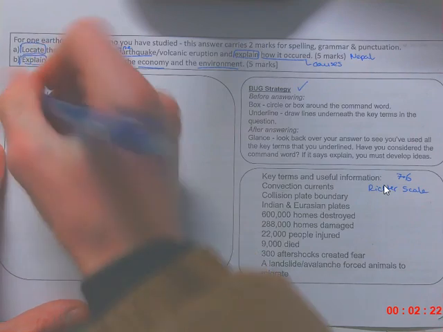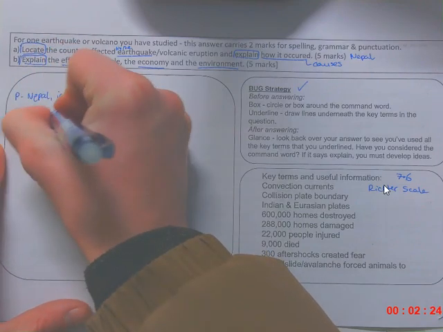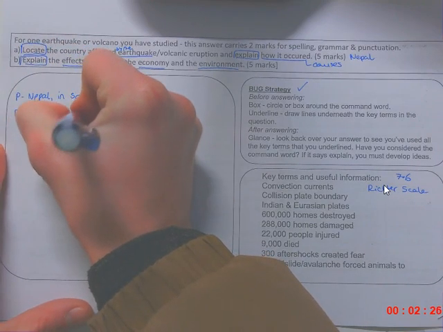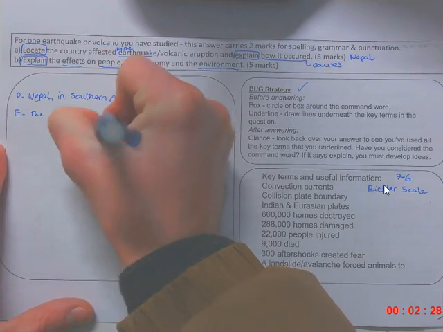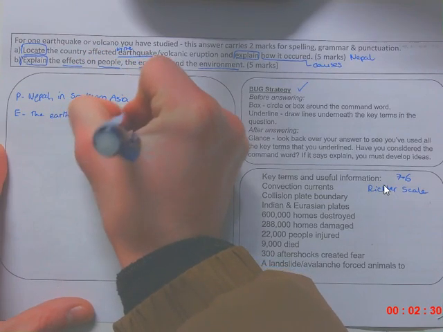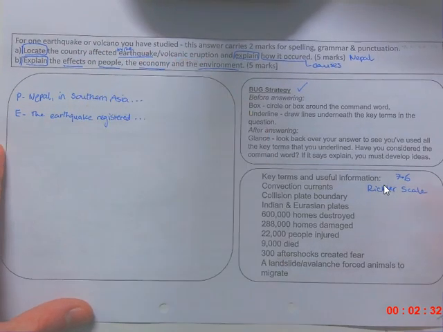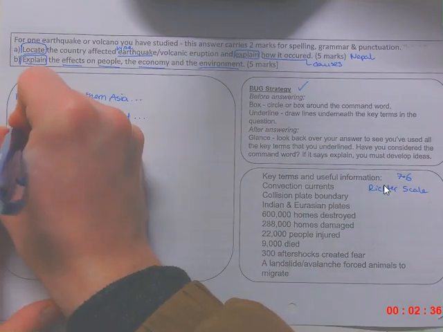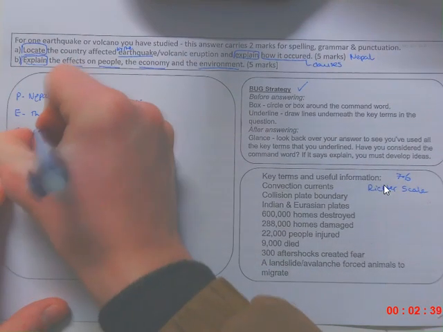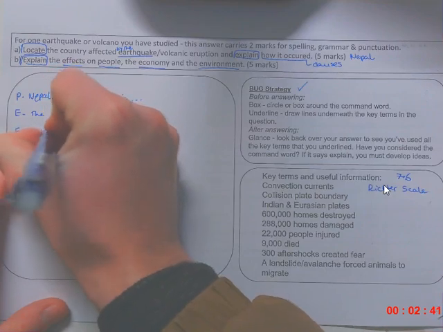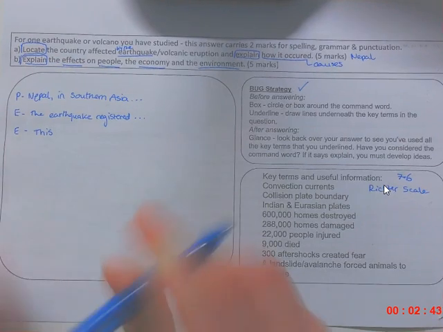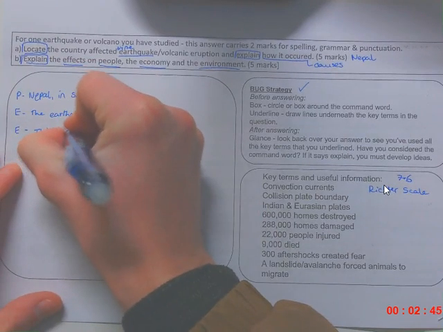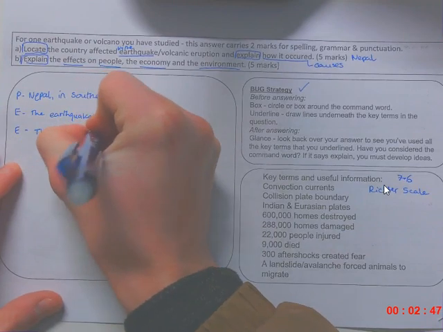So the earthquake registered 7.6 on the Richter scale. The earthquake was caused by, and then this brings us into our next bit, our E in our answer. So this earthquake was caused by,